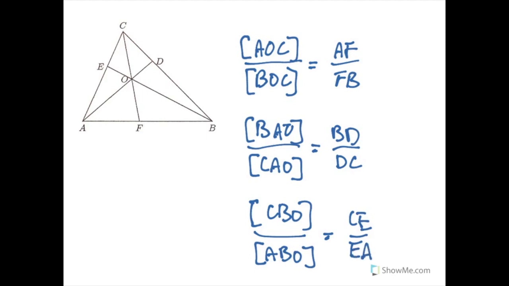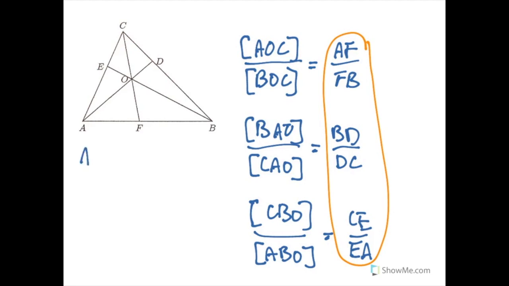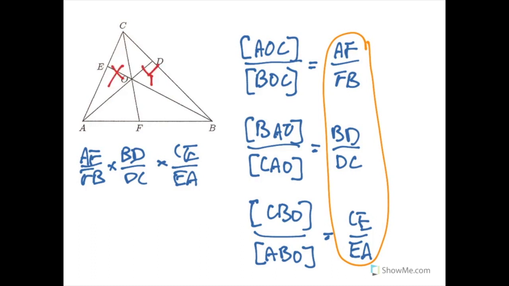Now finally, we can multiply all of these ratios on the right-hand side and see what we get. So we have AF over FB times BD over DC times CE over EA, and we want to show that this is equal to 1. Well, that would be relatively simple, because if we simply label these three areas as, let's call it X, Y, and Z,